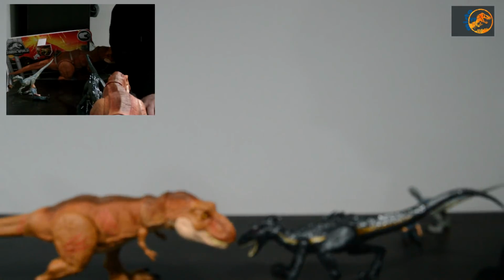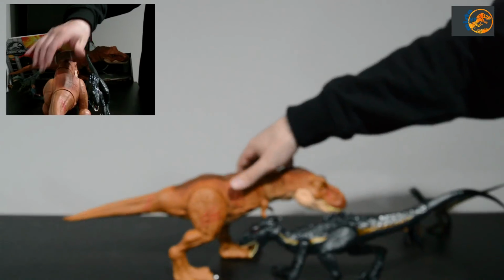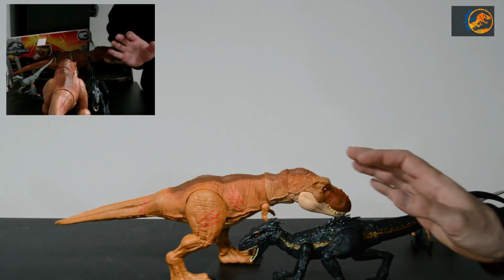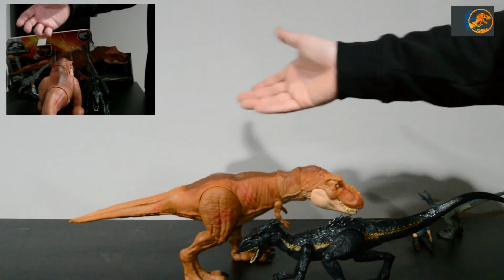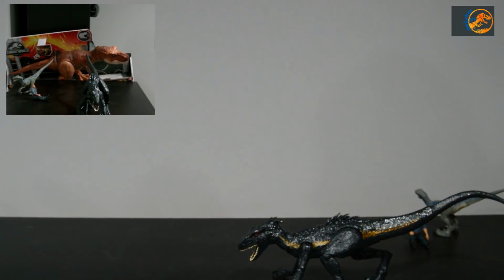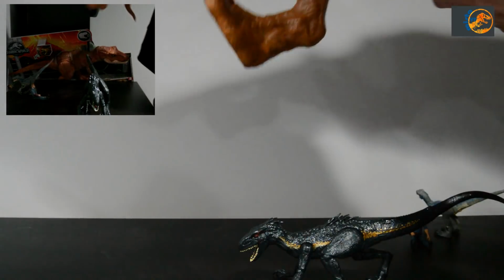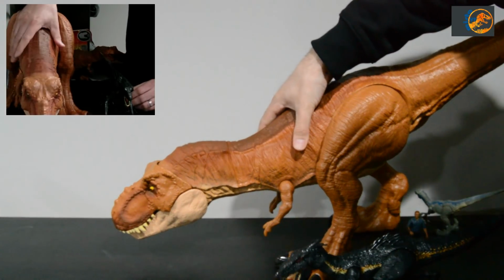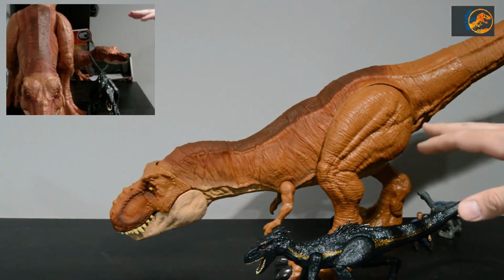This is the battle damaged T-Rex. This is smaller. I think it's a little small in scale compared to that, so maybe not the best one. Again, I think that Thrash and Throw is the perfect size, but still cool to see together. And lastly, I know this is way out of scale, but let's take a look at that big, huge, super colossal T-Rex, which probably won't even fit in the frame here, but yeah, that's probably about the size of